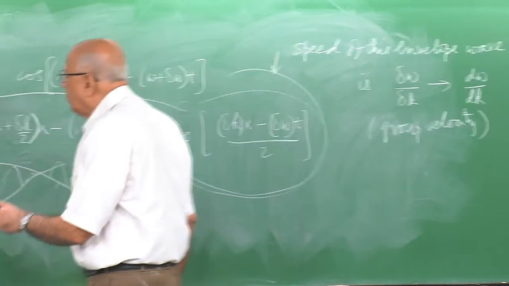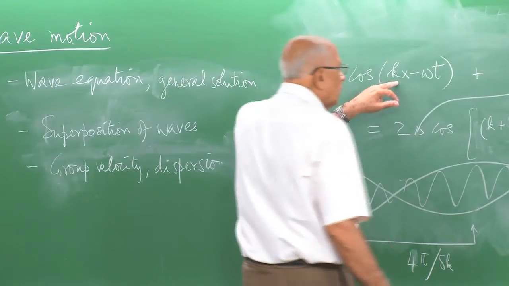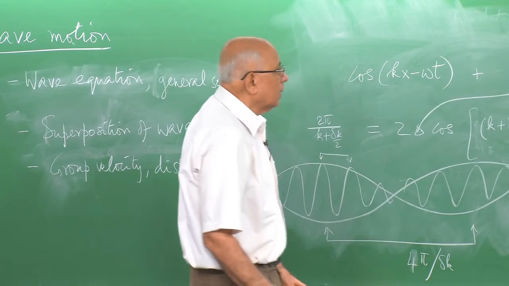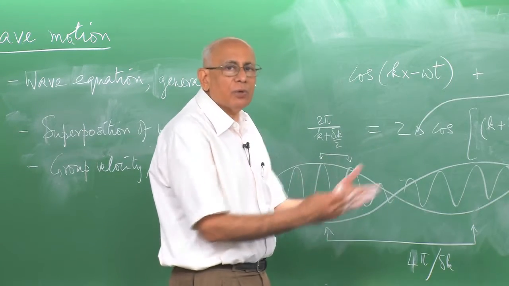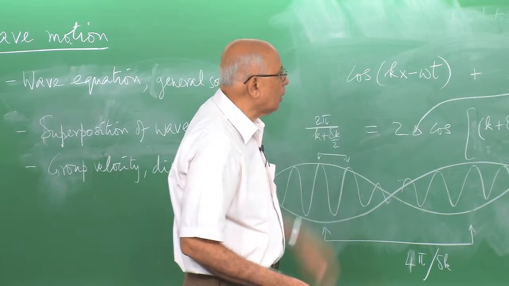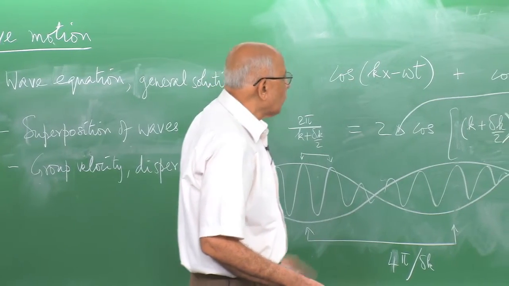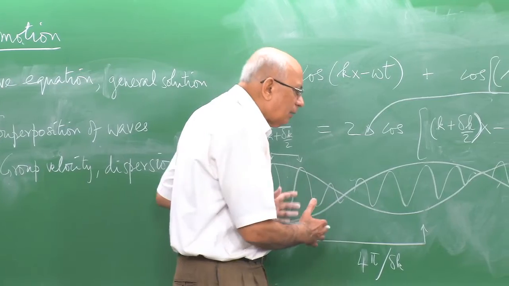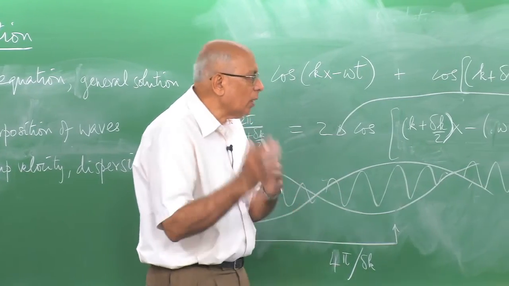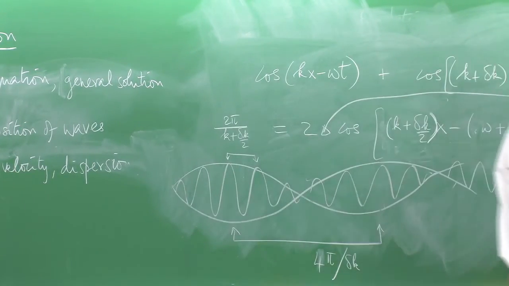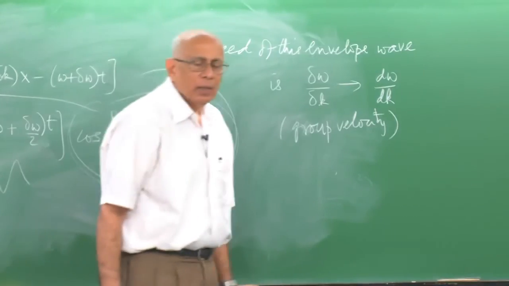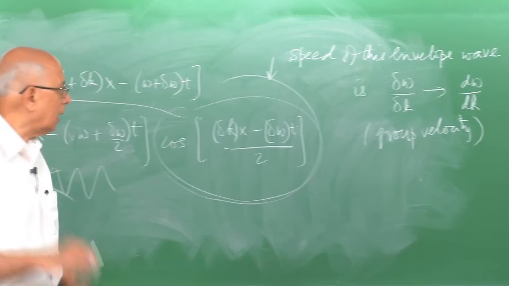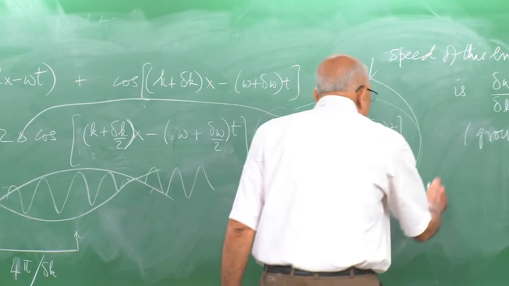In general, what happens is if I superpose a large number of these k's, a whole set of these k's such that omega is a function of k. So, for each k there is a corresponding omega, then what I have is a wave packet, and this wave packet will travel as a group. The group velocity of this wave packet is given by d omega over dk, whereas for a given k and a given omega of k, the wave velocity